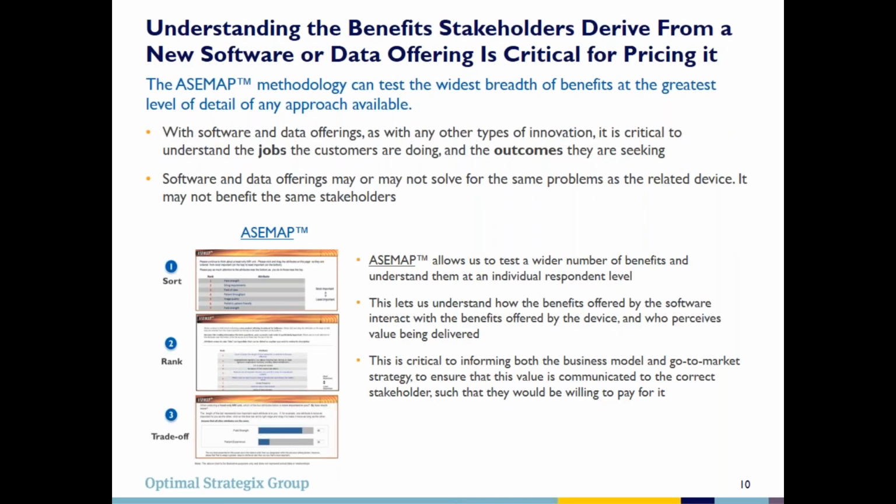To go a little more in depth into the AceMap component, AceMap is particularly valuable in this case because it lets you look at a much wider range of attributes, benefits, jobs, outcomes. As Sukumar mentioned earlier, in making a decision like this, our customers are thinking about a lot of different things. They're thinking about the performance of the device. They're thinking about convenience factors. They're thinking about contracting. And AceMap allows you to test all of this, and it gets the results at an individual respondent level. And that's really critical here in this case,